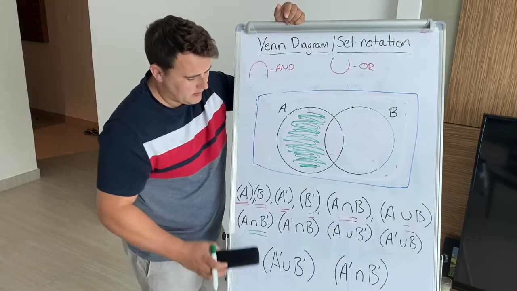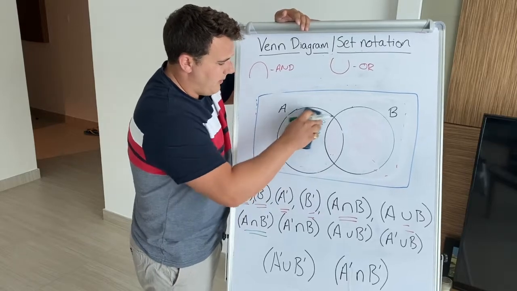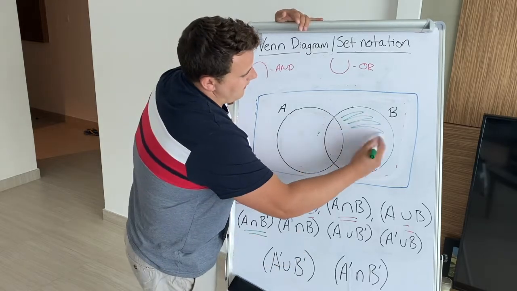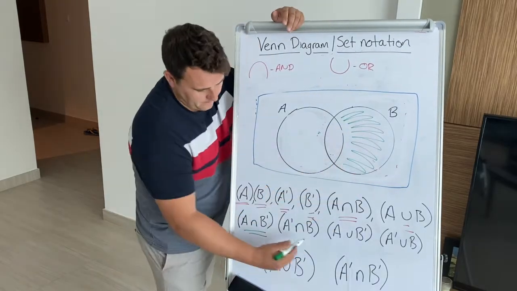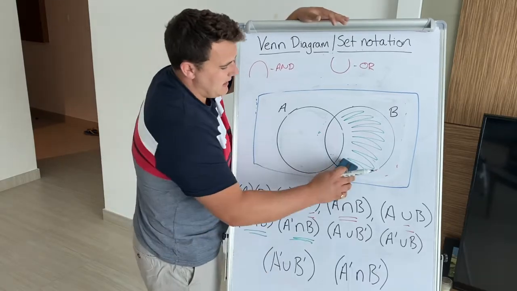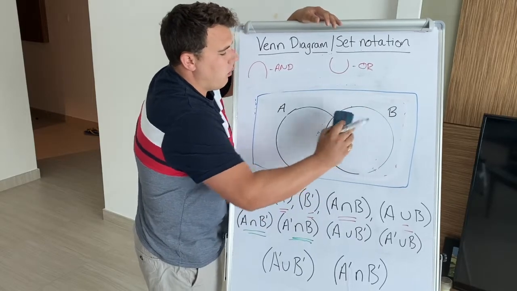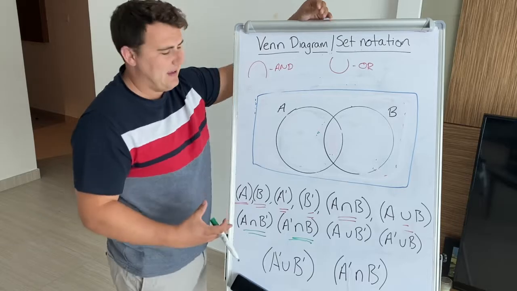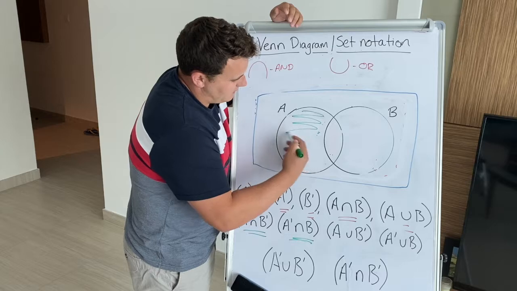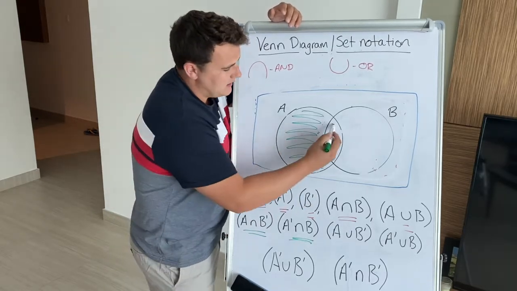And then if we look at the reverse, not A and B: not A, but it has to be in B. It has to not be in A, but it has to be in B. So that's that section there. Then, if we have A or not B, it just has to match one of those. So A or not B, which means we have this bit, so we know this is A. But it's "or", so it only has to meet one of them. So we can still include this bit,